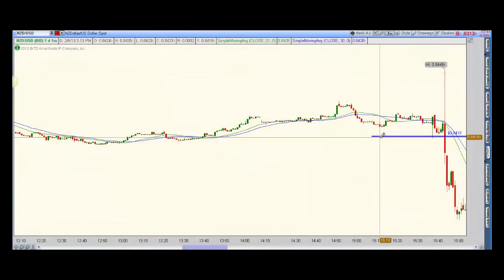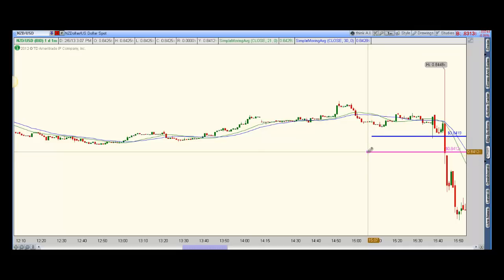What I've done is I've drawn a line here at roughly, hopefully, the place you'd been filled on a spike. If not, you could have been filled at this area here. And if you were not spike trading, the continuation trade says that we're going to follow that release. So the release data is negative. We're going to go ahead and sell the New Zealand USD at this point. So if you had entered at this point on a short position as prescribed,